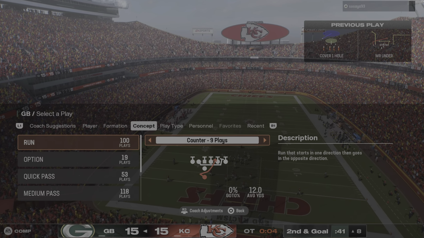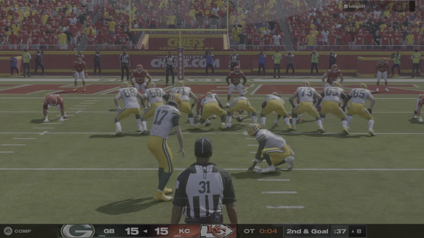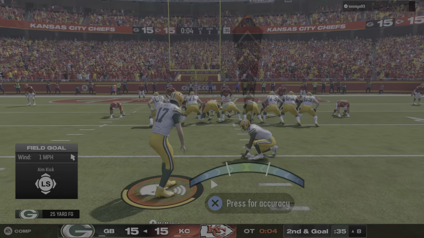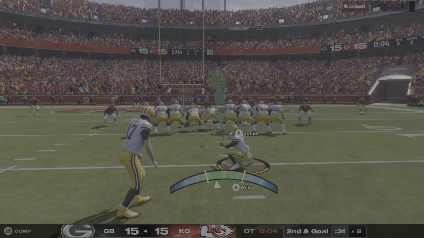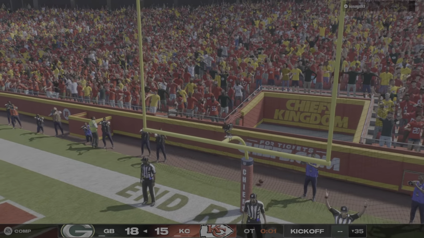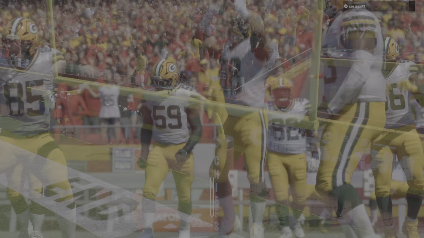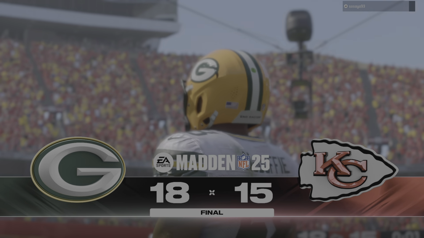And a timeout now here in overtime with 4 seconds remaining. So this thing rests on the shoulders of Brandon McManus. This to win it in overtime. And he got it. The kick is good in overtime. He's able to split the uprights. And there'll be some happy cheeseheads tonight as the